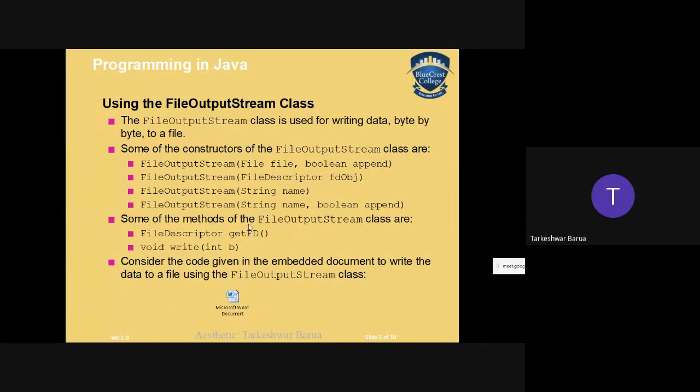Some of the methods of file output stream are get file descriptor, get ID, write. So you can write one byte at a time. So let's see the example.